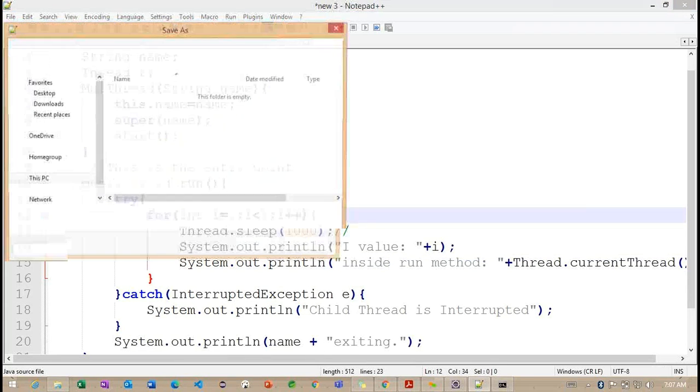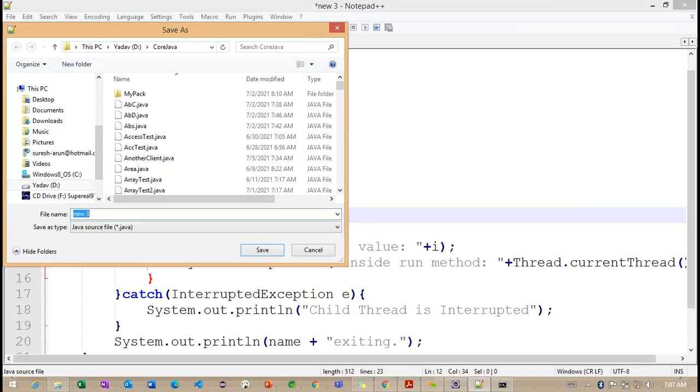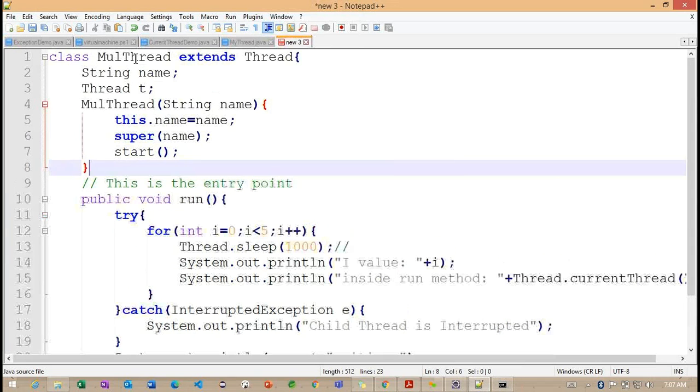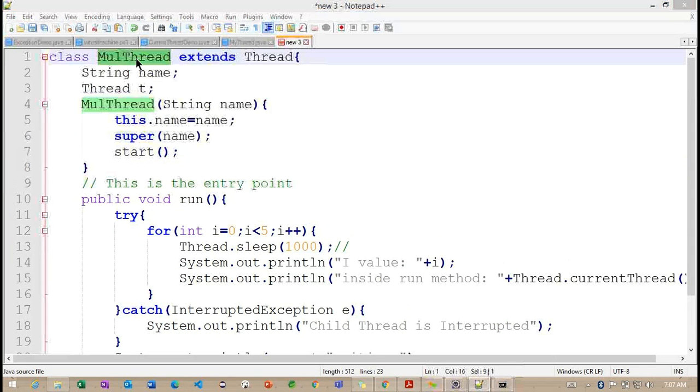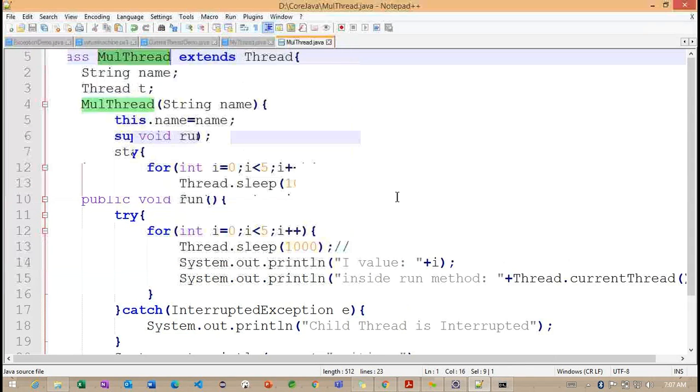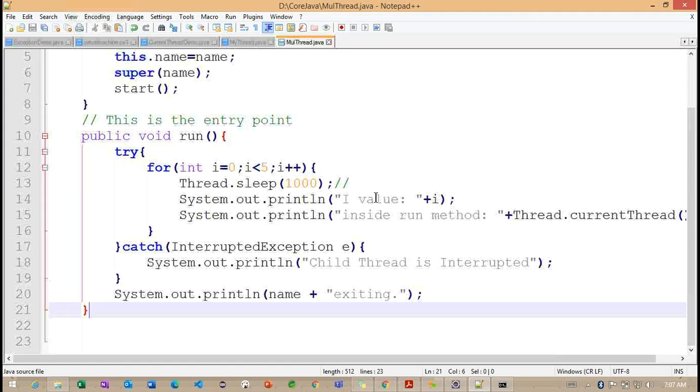Now we created the class, let me copy and save this particular class. Now I want to create a main method.